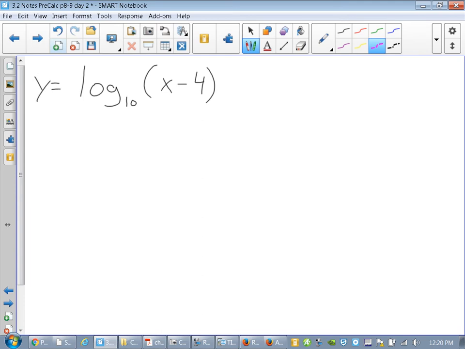Okay. And I want to create these two scenarios. I need to pick values of x that will make these work. So, 5, right? What I'm trying to do here is I want to create